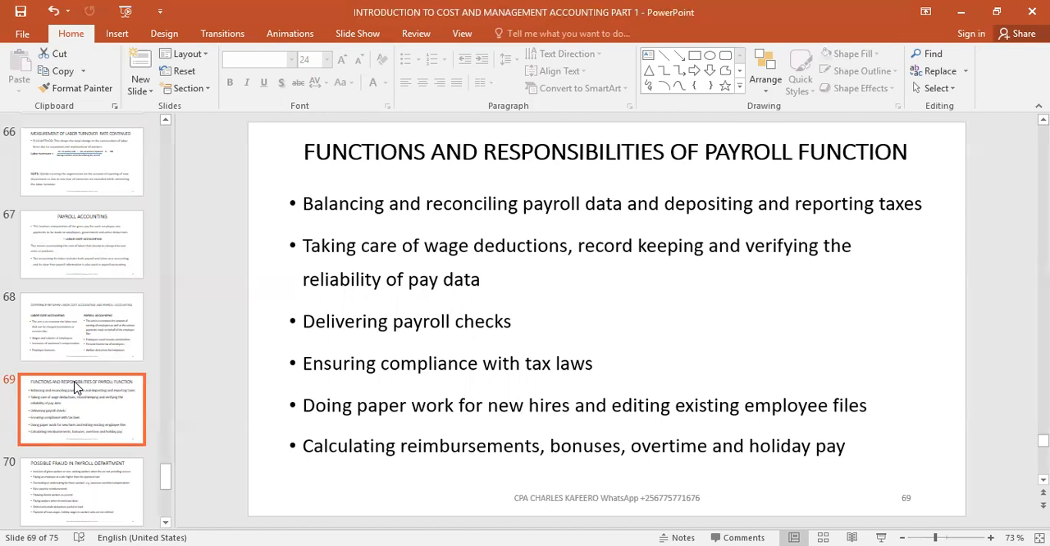The first one is balancing and reconciling payroll data. They make sure that the amount they are supposed to pay you includes everything, and they also reconcile it with the expenses or deductions that are supposed to be made on someone's salary. They compare someone's salary with the payroll or payslip deductions. When they deduct everything, then they make